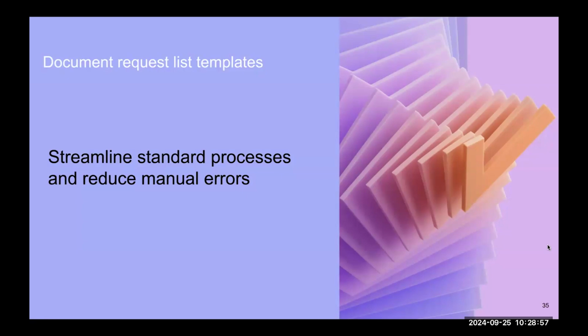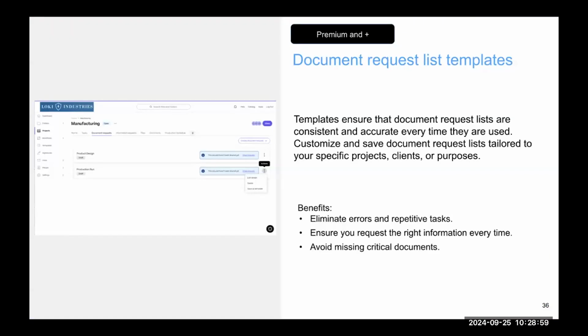You can move on to the next slide there. And so, yeah, the document request list template. So whether you create your own document request or you use the AI to generate a document request for specific features, you can just now save that as a template. So now you have whatever you have configured and customized for your specific documents that you're requesting, or even the names of it. You just save as a template,